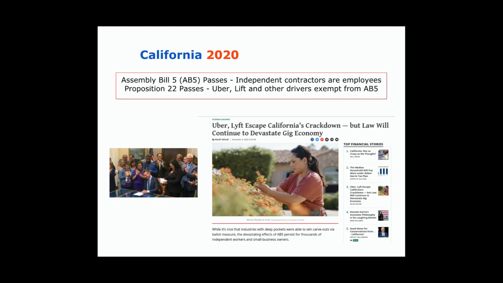The Assembly bill passed, Assembly Bill 5. Governor Newsom there on the left signing it, basically saying that independent contractors are employees. Doesn't matter what agreement was made between the Uber drivers and the Lyft drivers and people like that. They have to be treated as employees with benefits and all sorts of things like that. And so after that happened,